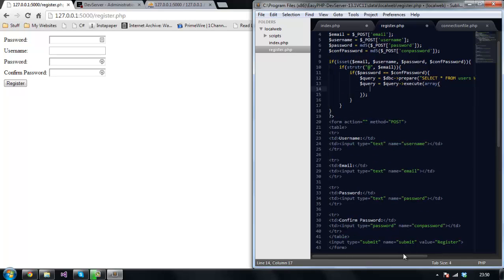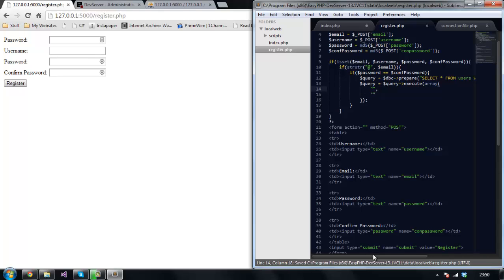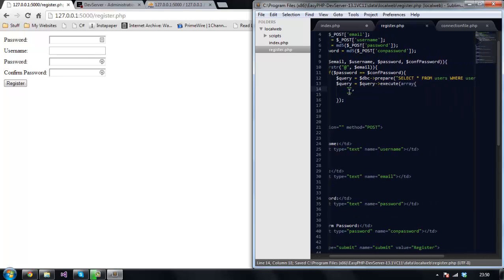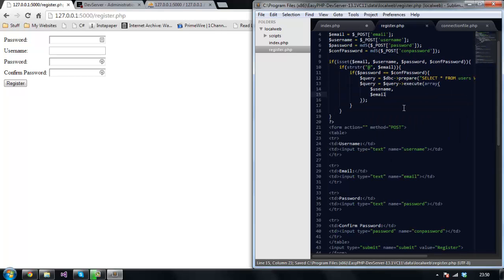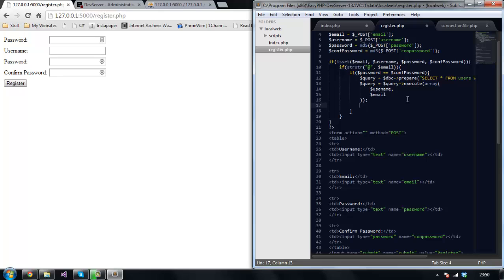So we do that, and that's the first item in it, this would be username, second would be email, as you see. So this would be username, this would be email. So if it contains username or email, we want to get them. So count equals